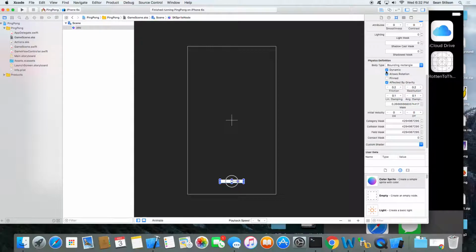So for these characteristics, if I remember right, the best setting was just to remove a lot of it. We turn these off: allows rotation we don't want, and we don't want it affected by gravity. If it were affected by gravity, it has a mass here, and if we turned that on and allowed gravity to take hold, it would just drop off the screen. So you don't want that. Friction will be 0. Did you take dynamic off too? Yep. Restitution is 0. Linear dampening and angular dampening.